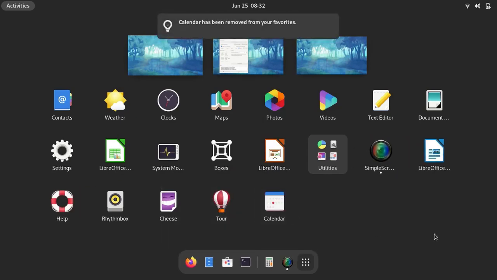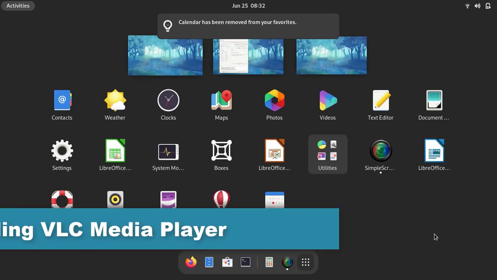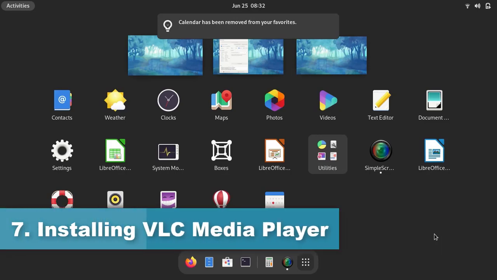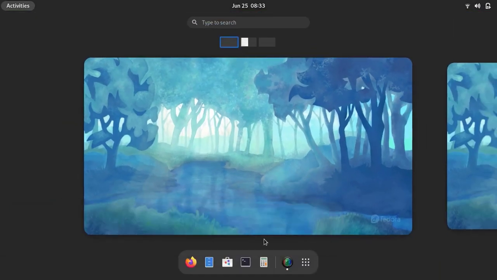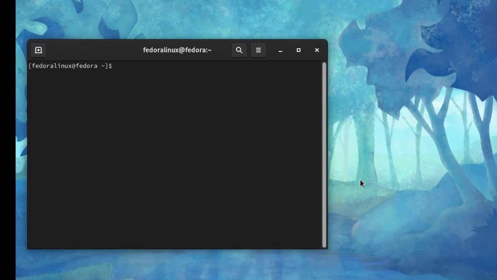And now I'm going to install some useful applications. First I'll start with the VLC media player, which is supposed to be the best media player out there. For its installation, you just need to go to the terminal and type the command sudo dnf install vlc.